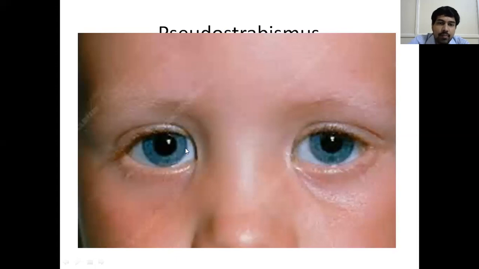Here only a small amount of sclera is seen, and here a larger amount of sclera is seen. Because of this contrast, you get a false impression that this eye is deviating inside and this eye is looking straight. So this is pseudo-esotropia. Pseudo-esotropia is seen in prominent epicanthal fold. See, the fold of the skin is more. It appears as if this eye is deviated inside and this eye is looking straight. That is because this extra skin covers the sclera, so only a small amount of sclera is visible here, but more is visible here. That's why you get a false impression. This is pseudo-esotropia.